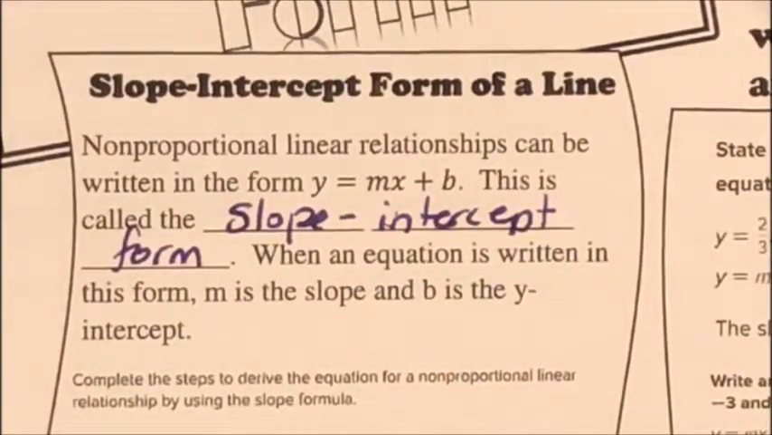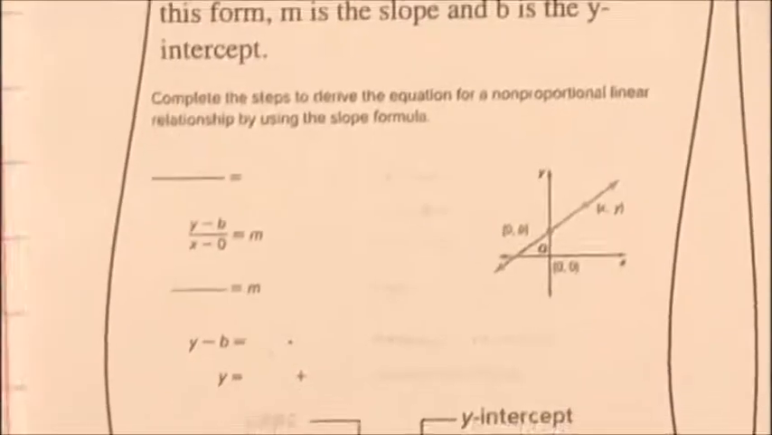Okay. When an equation is written in this form, m is the slope. Okay, so we learned about slope in lesson 2. And b is the y-intercept. Remember, that's where it crosses the axis. Okay? So, complete the steps